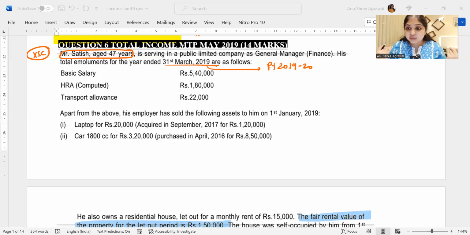I'm glad that I was able to at least see this question before the examination. I'm lucky I was able to see this adjustment before the examination. Now, if this adjustment comes in the examination, oh wow, I'm so prepared. Are you understanding? This is how the thinking should be. And the thinking should not be, oh my God, if this is the kind of questions that are going to come in the examination, how am I going to handle?